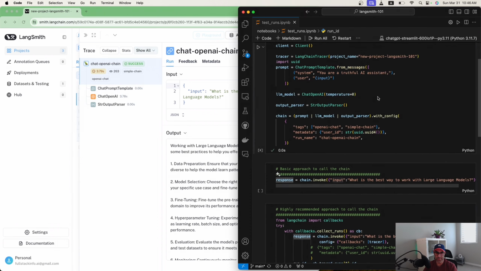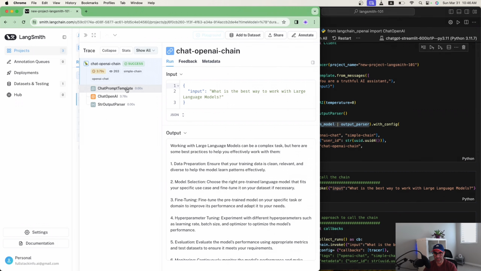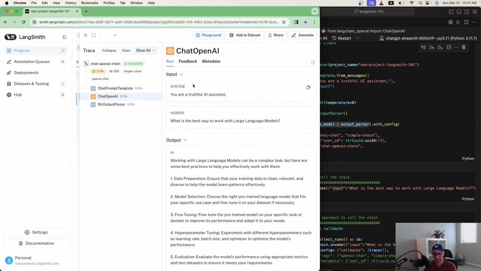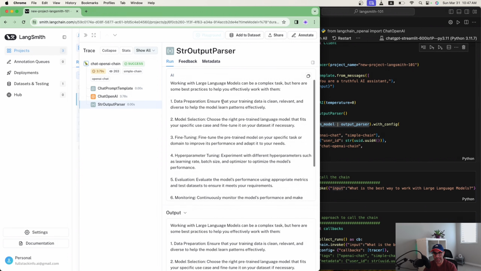Remember that you have this pipeline here, so it's just showing up here. So you have your prompt. So this is the prompt. So let's look at the prompt. This is what is passing over to the language model. These are the kind of steps that the chat OpenAI or the LLM will actually go through. It has this system prompt and the human message, and then it will generate this response. And this is the output.